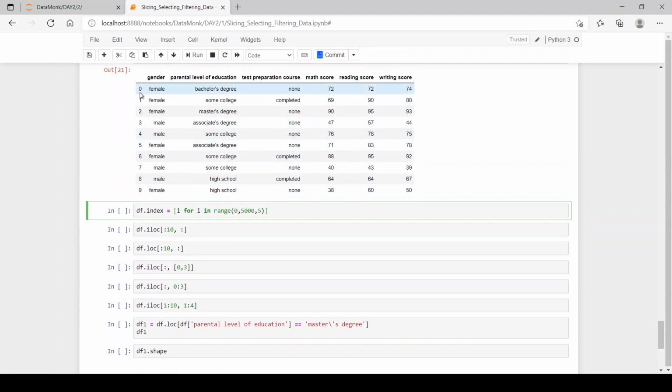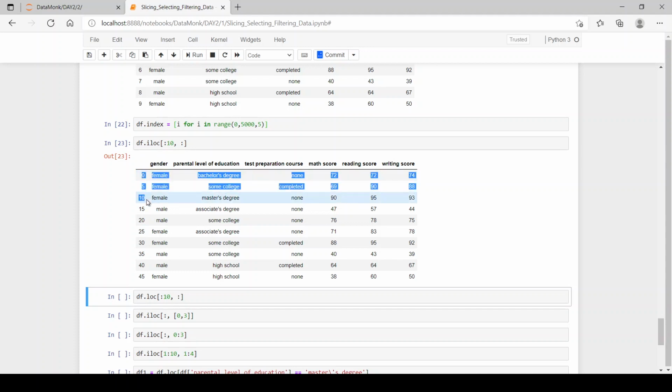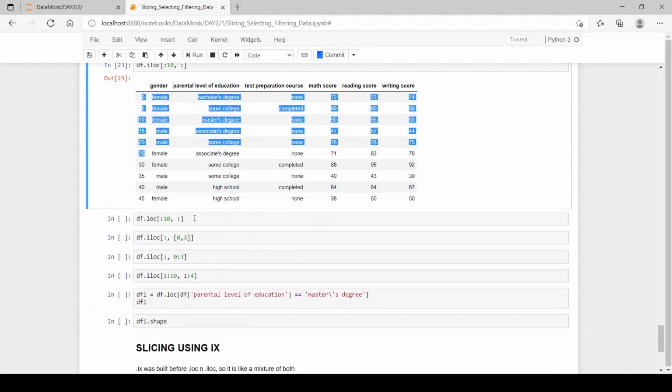Means the indexes, which were 0, 1, 2, 3, 4, 5, 6, 7, 8, 9 up to 999, are now 0, 5, 10, 15, 20, 25, 30, and so on, using the for loop, which says for i in range 0 to 5000 with an increment of 5. So we have our df data frame's indexes changed from 0, 1, 2 to 0, 5, 10 in multiples of